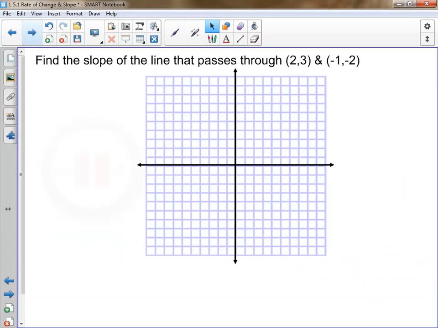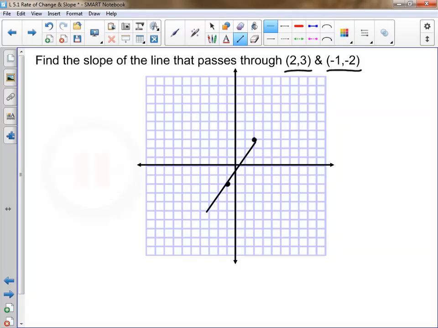Now I could give you a couple of coordinates and ask you to find the slope. And one way to do it would be to graph the 2 points. So if I give you the point 2, 3 and the point negative 1, negative 2, you could take your coordinate grid and graph 2, 3. So 1, 2, 1, 2, 3, here's the point 2, 3. And negative 1, negative 2, here's the point negative 1, negative 2. And if you connect the 2 points with a line like this,